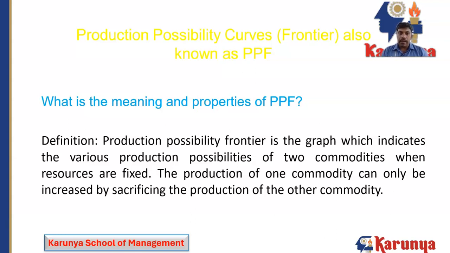What are the factors of production? Land, labor, capital, organizations. By optimum utilization of all these factors of production, we see how far we are making production possible. For example, take the COVID-19 time. Most of the resources were employed to produce medicines, but so many people died of starvation, and people also died of COVID-19. So the government was confused about taking the right decision at the right time. What to produce? Whether to produce medicine or food. But both were mandatory at that time.